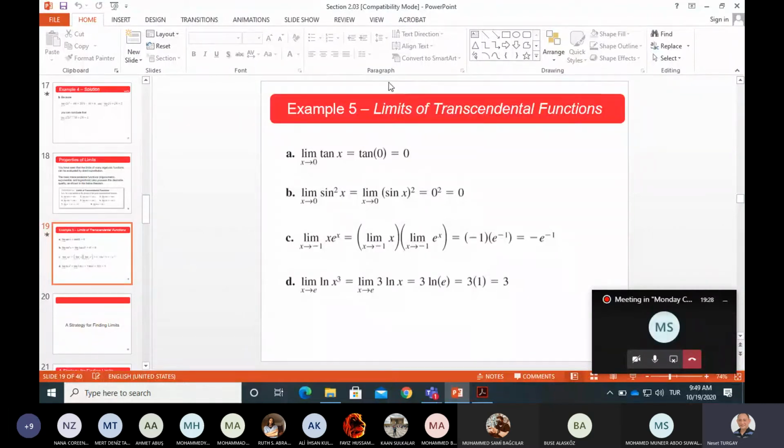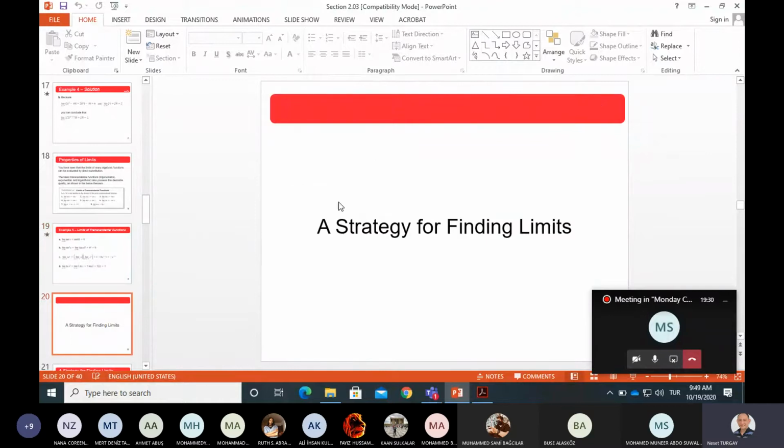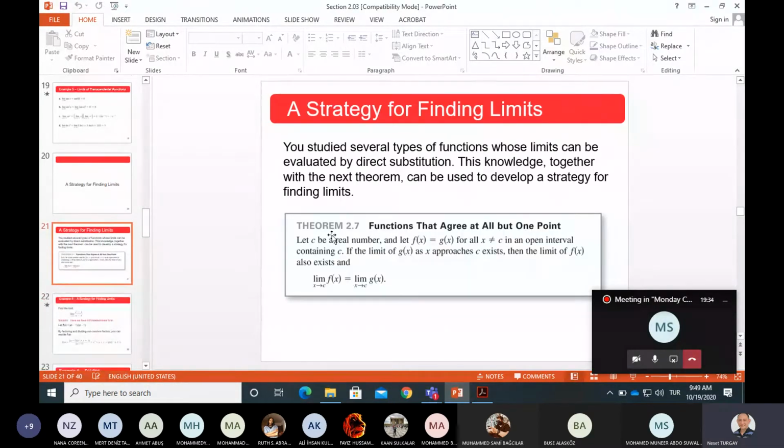Okay, now let's go on. A strategy for finding limits. Theorem: functions that agree at all but one point. Let c be a real number and let f of x equal g of x for all x not equal to c in an open interval containing c. If the limit of g of x as x approaches c exists, then the limit of f of x